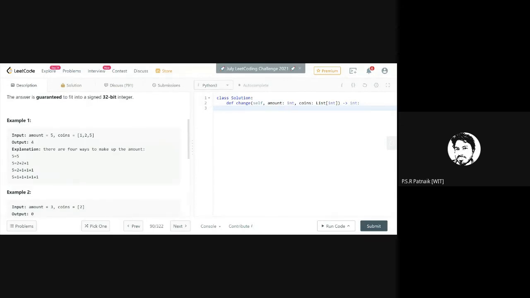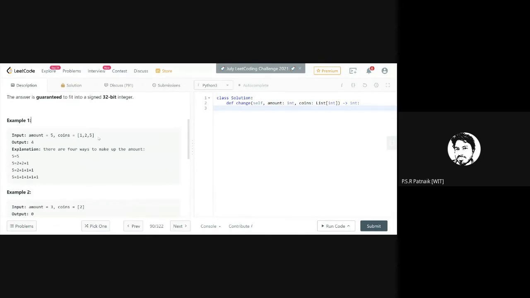The brute force logic is that you find all combinations, and for each combination you see if it can make up the amount of 5 or not. Then you see if you can make it by using various additions and subtractions.